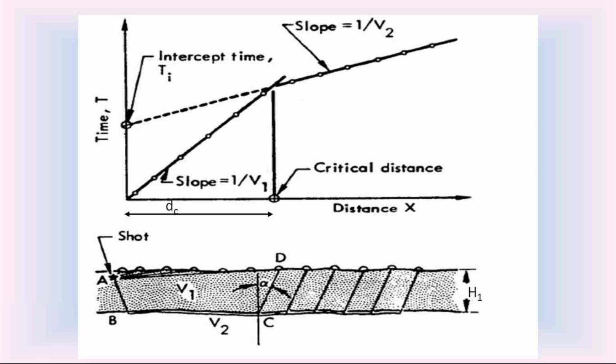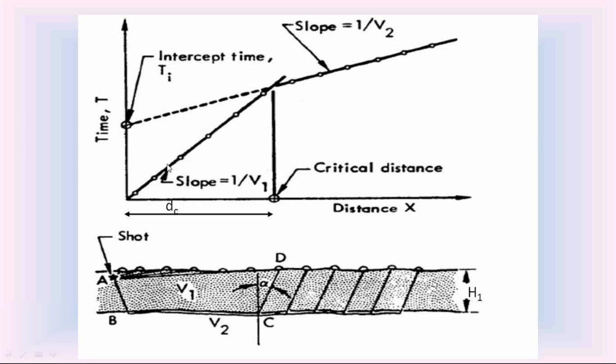The second layer is a denser layer, so the velocity is different. Once the velocity is different, these straight lines are also different. They will meet at a point called the critical point. It is the location where there is a change in the soil strata. From this point on the graph, note down the distance on the x-axis, take it as DC.